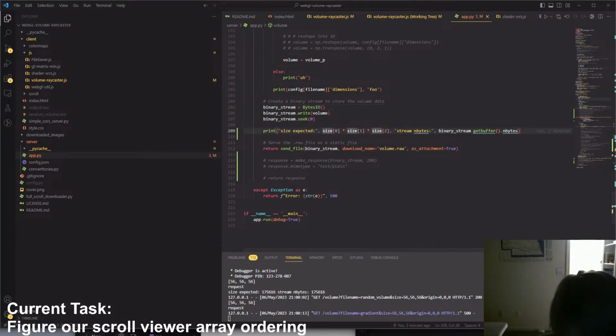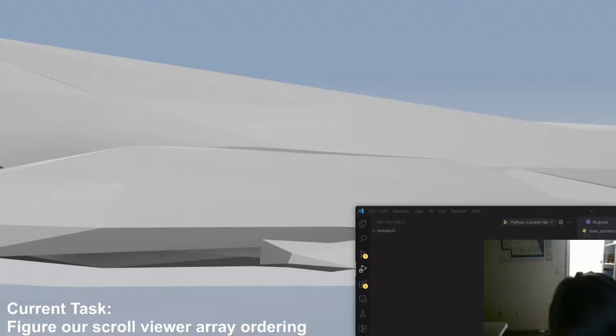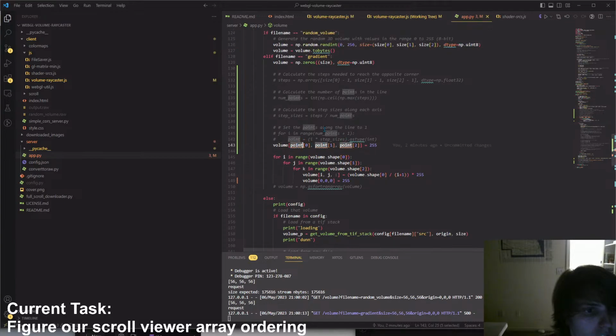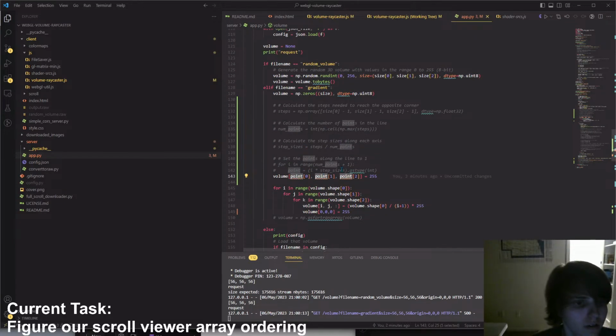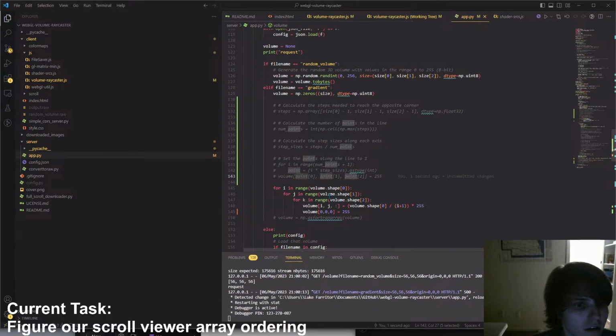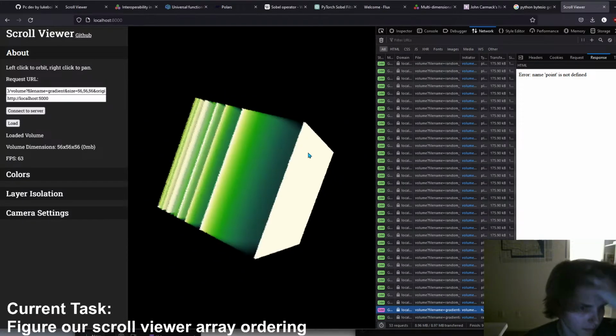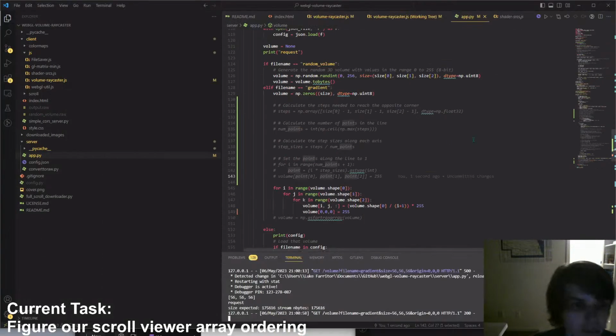Okay, so yeah, so we were actually getting a real error here, where oh yeah, point is not known. Yeah, point is not there. Yeah, okay. And then the server is running again. Good. Load. Okay. So this is a very simple for loop where you loop through it and you just say